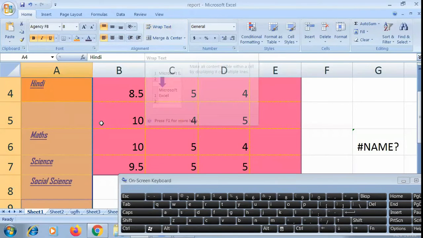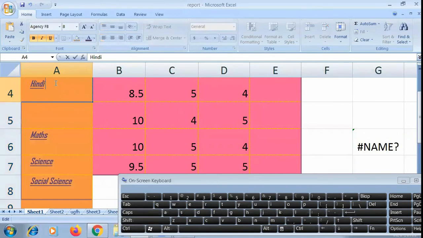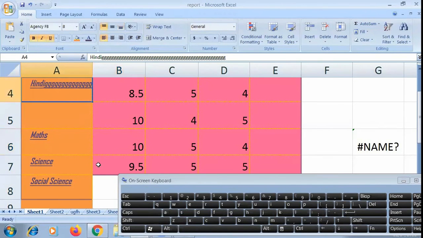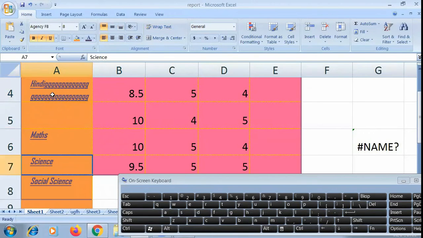Now text wrapping. What is text wrapping? Text wrapping means, suppose I have written a long text here that is reaching out from the line and is hiding. Text wrapping will adjust the text in a single cell. See, it has adjusted the text in a single cell. Half has come in the same cell under the previous line.